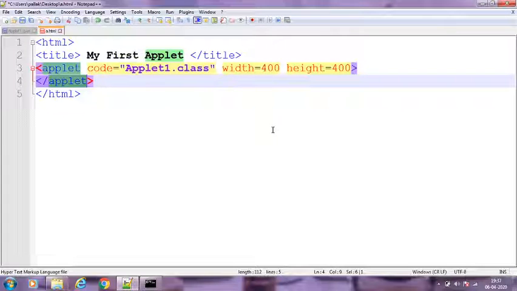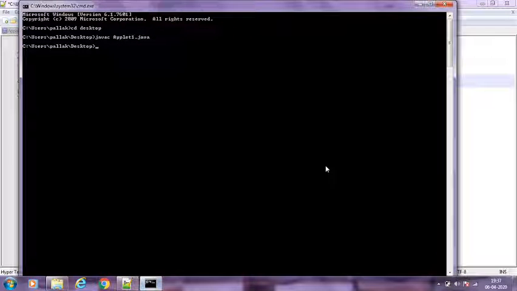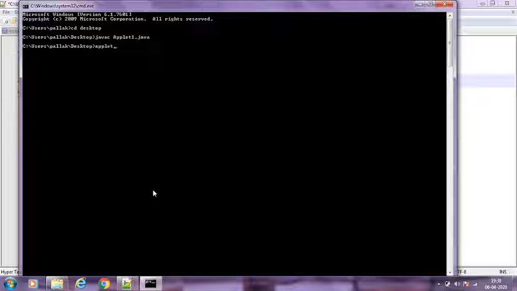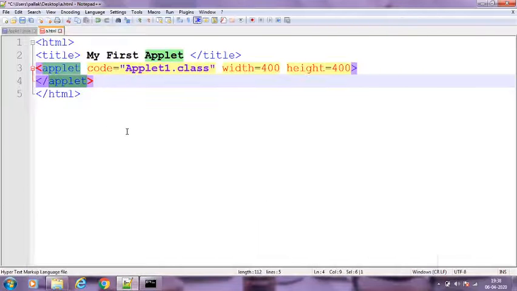So to use the applet viewer, we have to open the command prompt again. You can see it is the compilation command. And now to run the applet, we have to use appletviewer, right? And then you don't have to write the name of the applet class, you have to write the name of the HTML file, right?